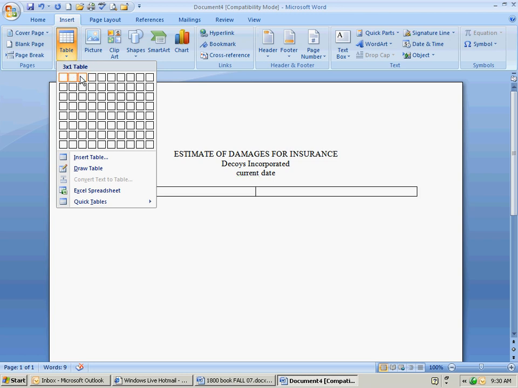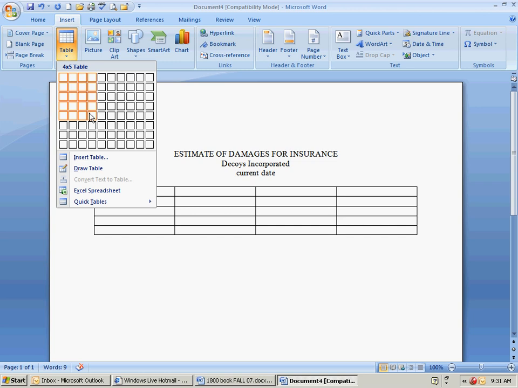Of course, the most important thing about the table is figuring out in advance how many columns you're going to have. Try very hard to know the number of columns, or even if you have one too many, it's better than one not enough. In this case, we know that we have 4 columns and 1, 2, 3, 4, 5, 6 rows. Again, you can add rows very easily, and in this case I've developed the table, and you notice